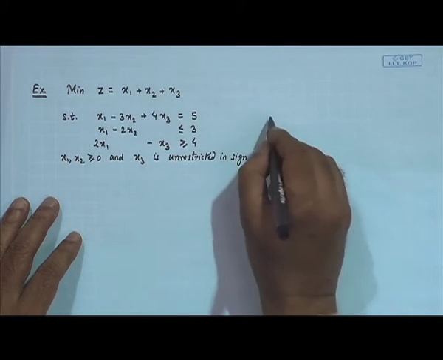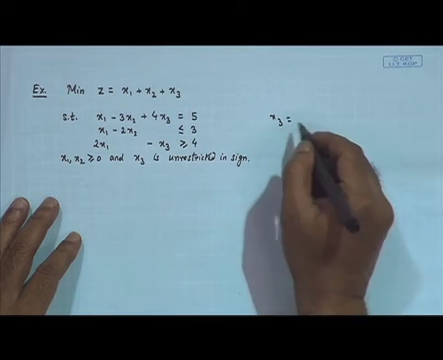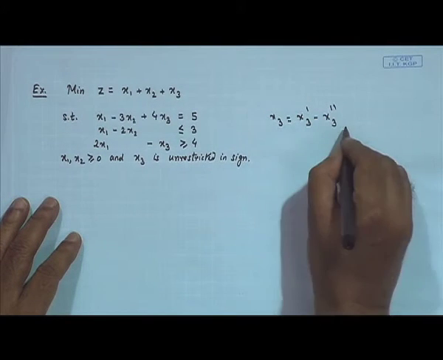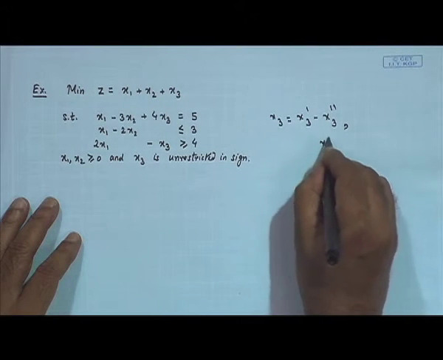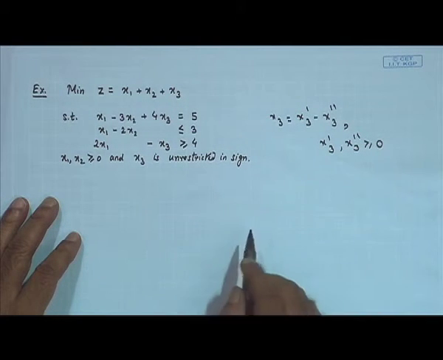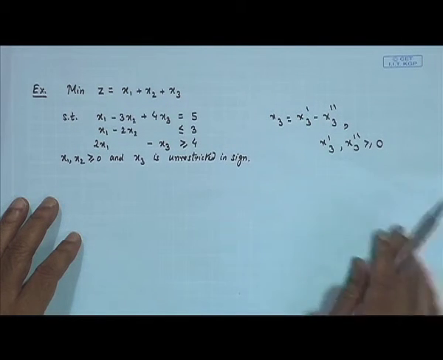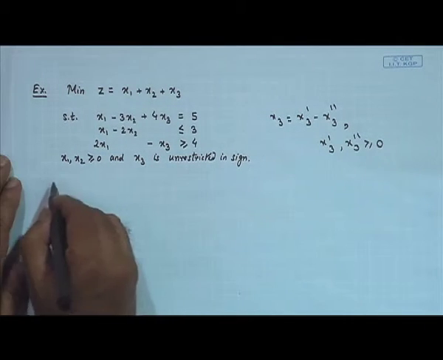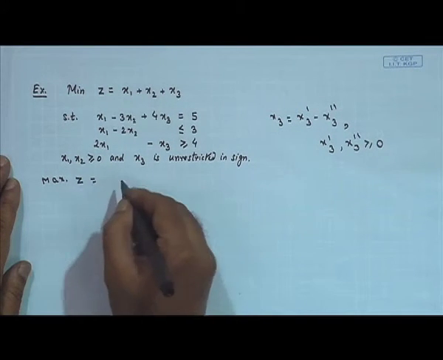Since your variable x3 is unrestricted in sign, x3 can be written as x3' minus x3'', which we have done earlier, where both x3' and x3'' are greater than or equal to 0. So all the variables x1, x2, x3', x3'' are nonnegative variables. This problem we are first writing into the canonical form, that is, maximize Z equals minus